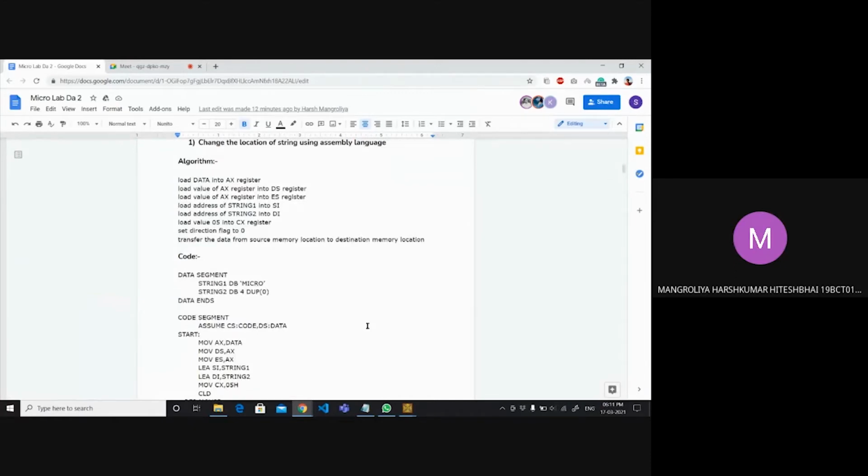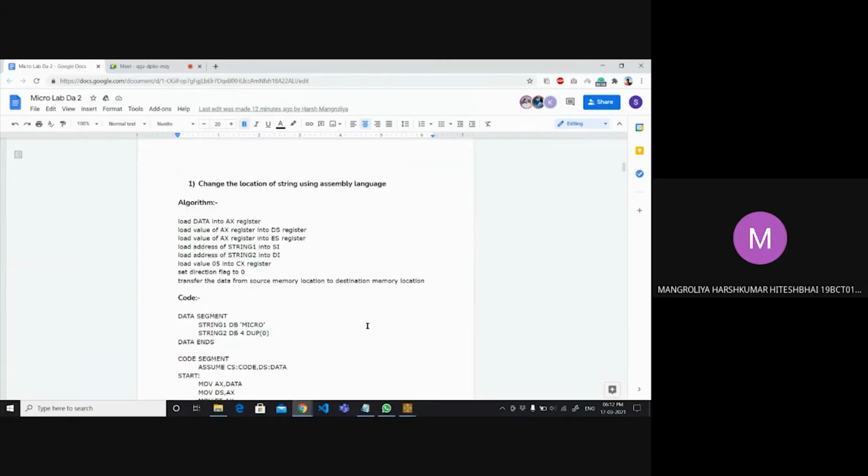In the program, we are changing the location of a string using an assembly code program. The algorithm for it is: first we load the data into the AX register. Then we load the value of the AX register into the DS register using the move command. Then we do the same with the AX register value into the ES register.